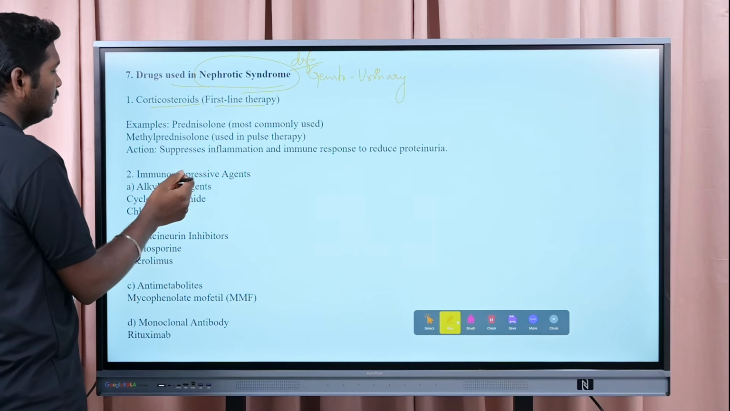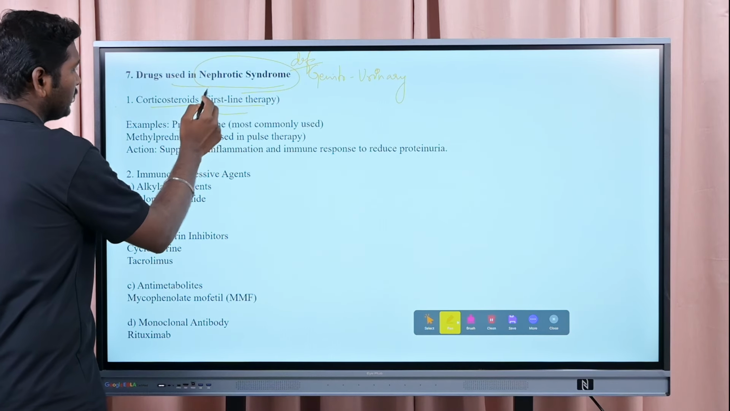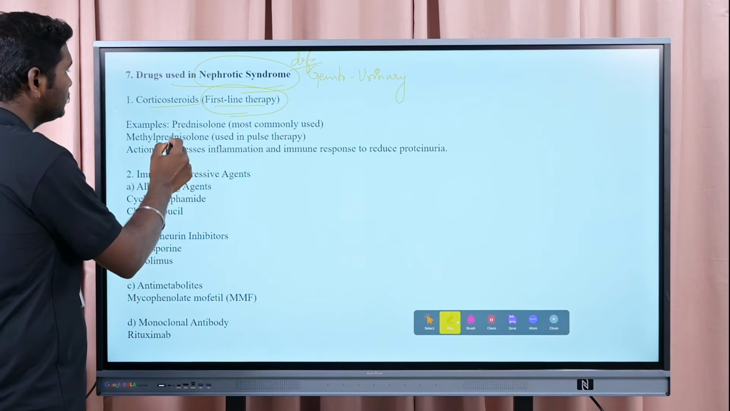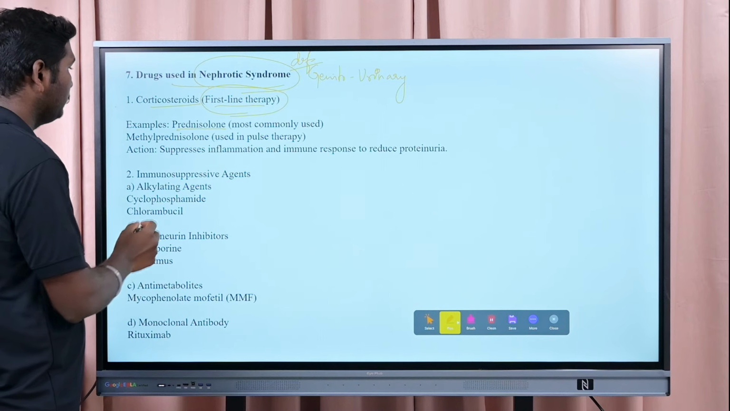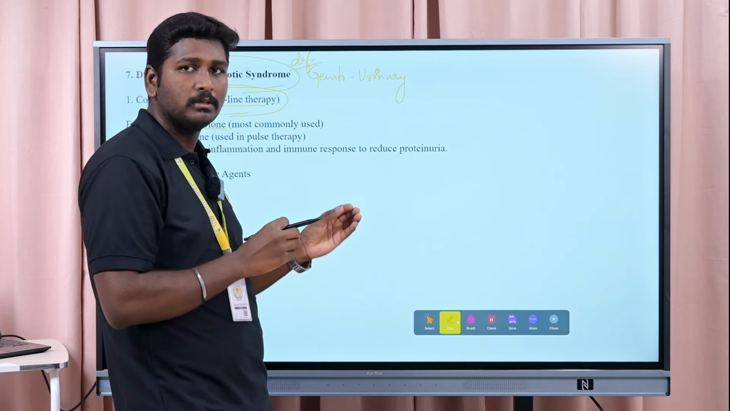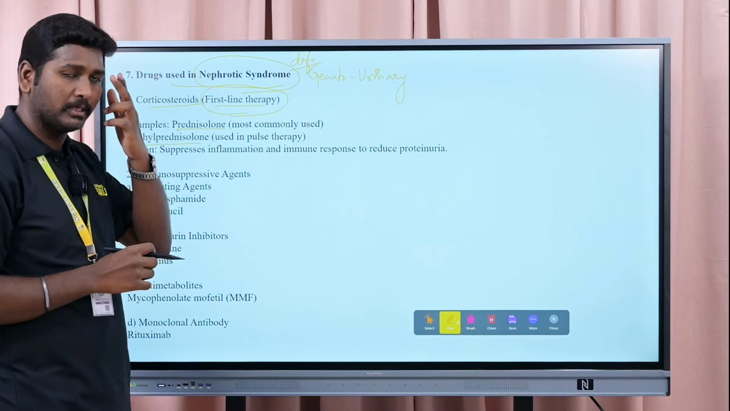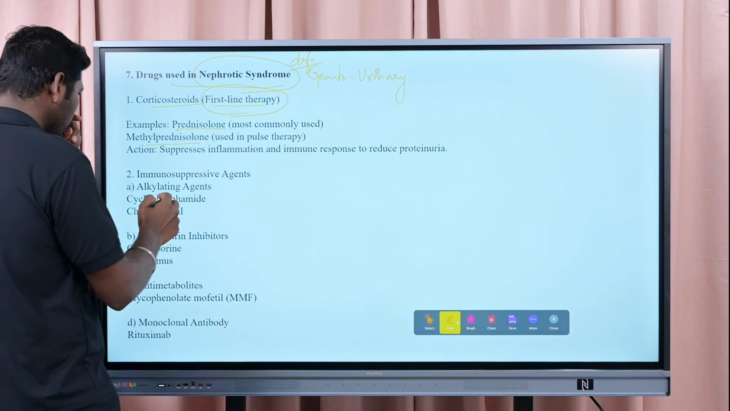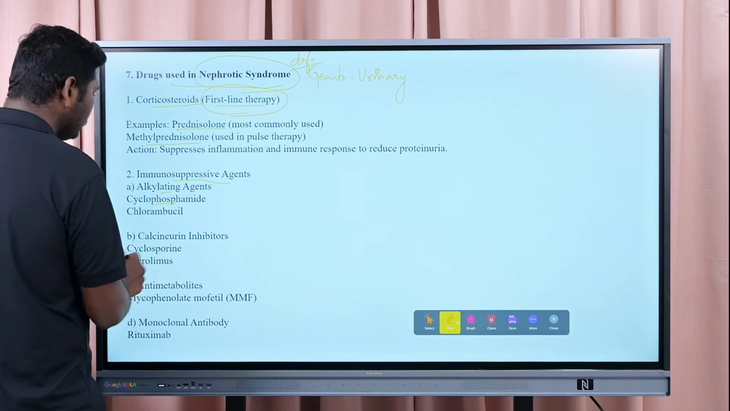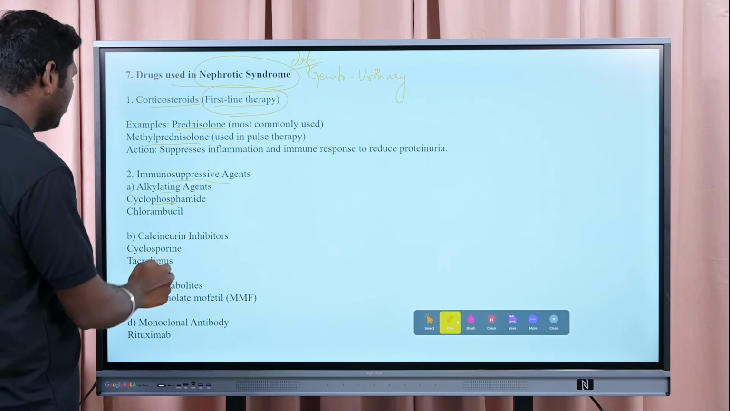First line therapy will be corticosteroids. Corticosteroids are the first line therapy, where you can give medicines such as prednisolone and methylprednisolone. So there are some specific corticosteroids you can remember, because these are basically used in pediatrics. Okay, next are the immunosuppressive agents such as alkylating agents, cyclophosphamide, and calcineurin inhibitors,